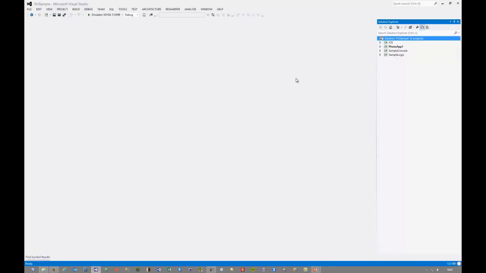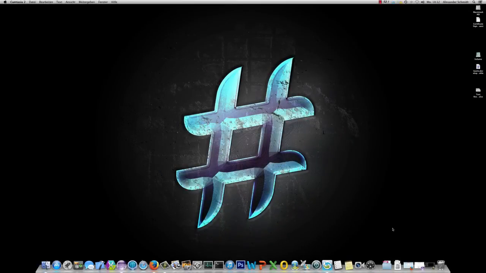So anyway, what I will do now is put this solution into source control on TFS. So I just took a little magic shortcut, but it's online now. You see it has the check-in symbol here. And now I will switch over to my Mac machine to show you how you could gain access to this TFS project and work on the Mac. See you. Now I switched over to my Mac,